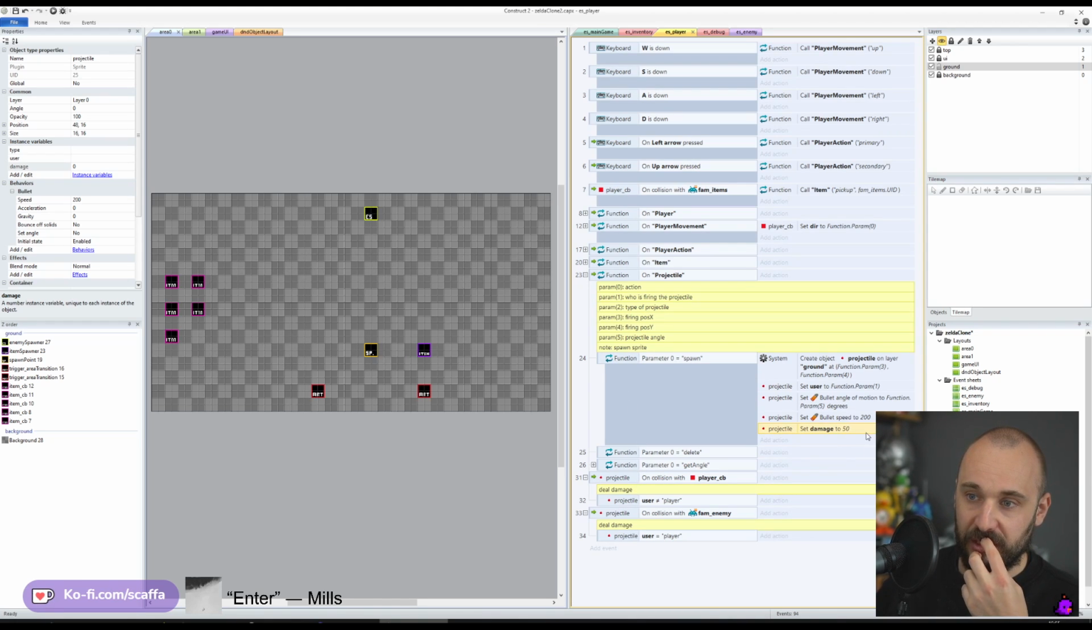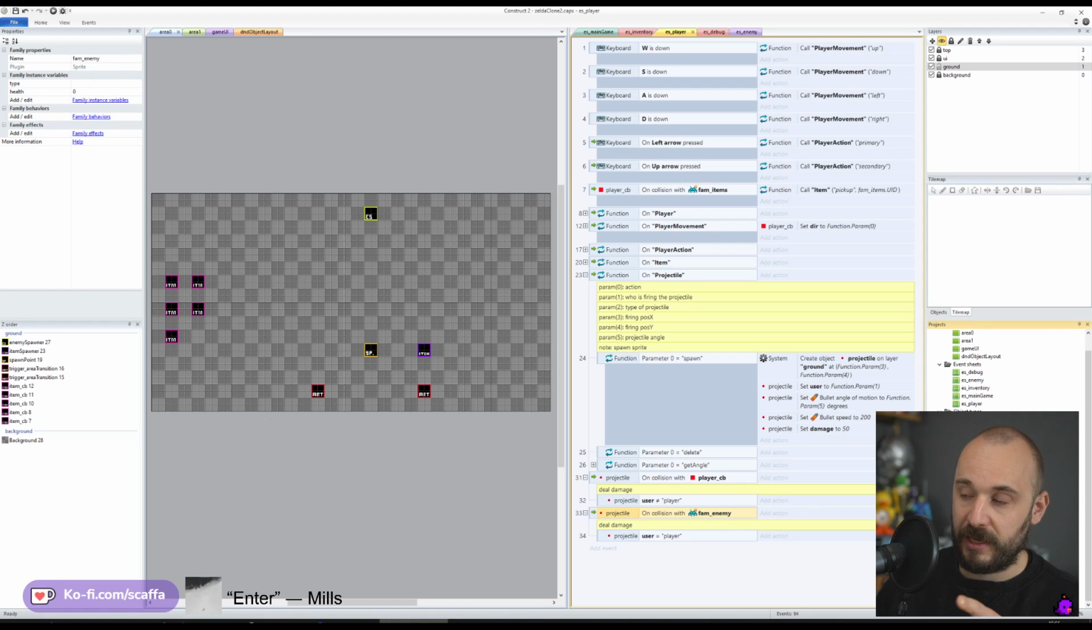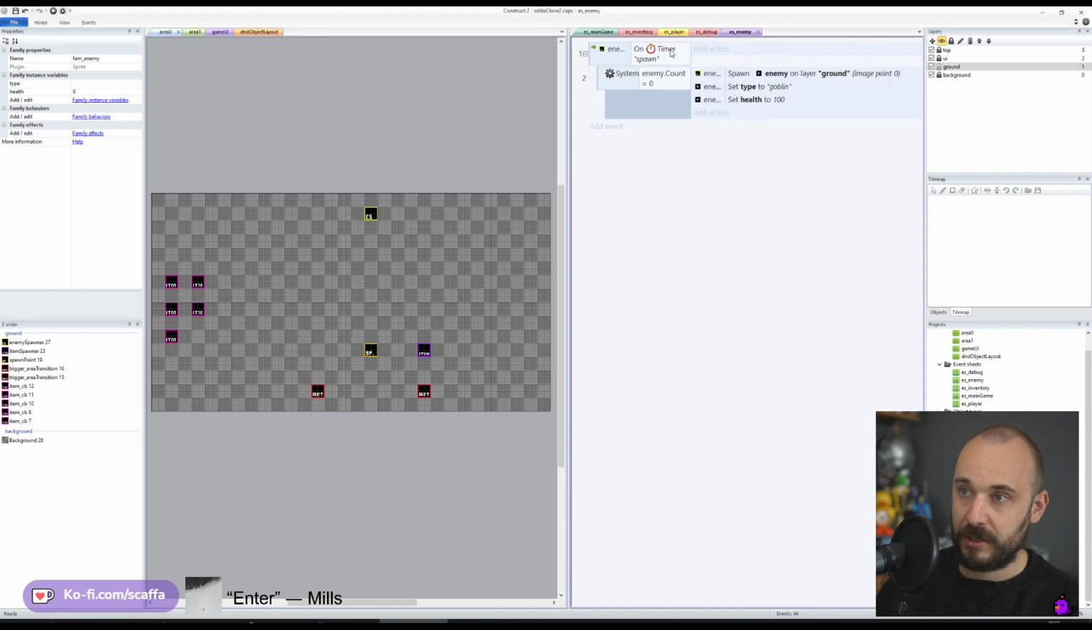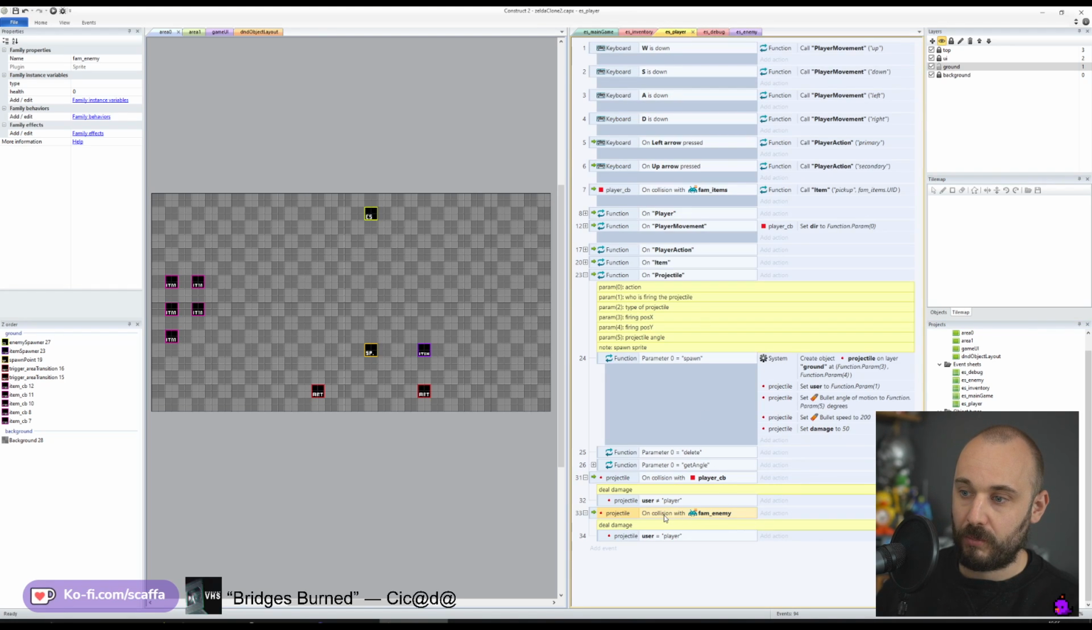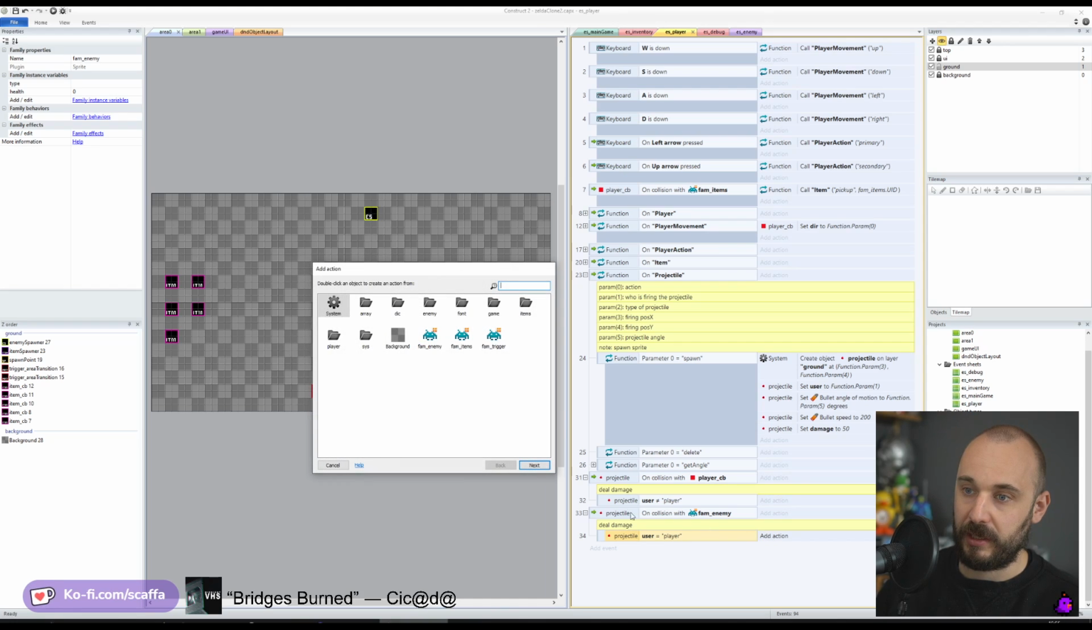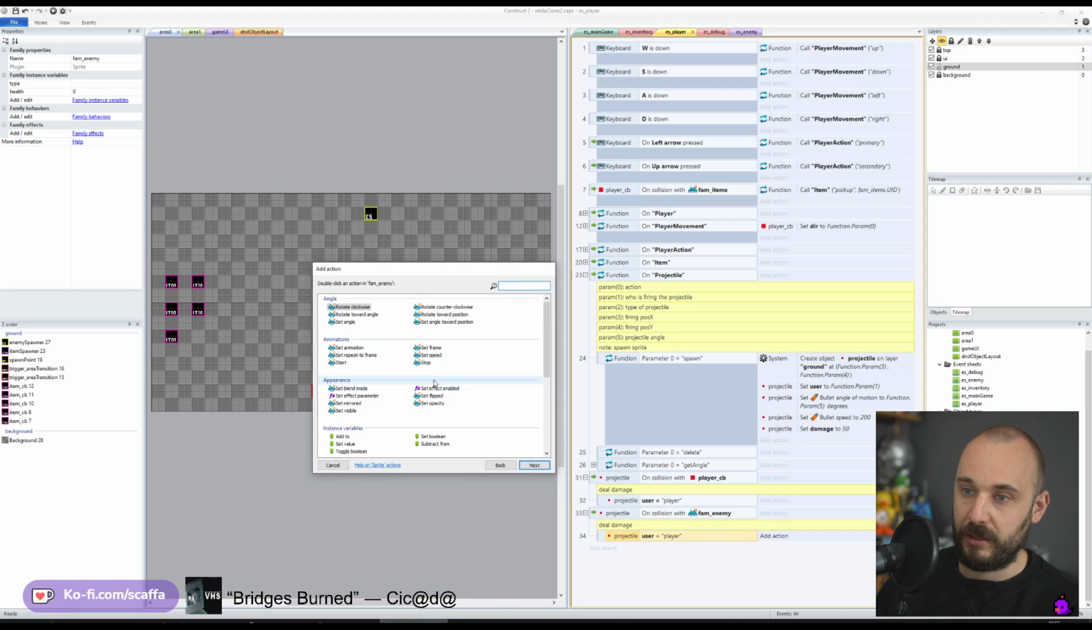So we set the damage here to 50. That means we need to hit the enemy twice. The fam enemy has health, and the health is set during the spawn. So once it has collision with the enemy and the user from the projectile is the player, then enemy